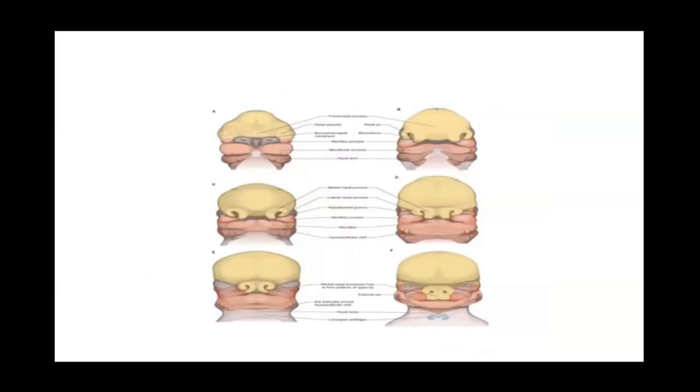Again, this picture shows you the different steps. These are the nasal process, that is the frontonasal, the maxillary and the mandibular. They are separate. In the center, you have the buccopharyngeal membrane, this purplish one. This is going to rupture and give rise to the stomodeum. Then in B, you can see that the buccopharyngeal membrane, the black one, has ruptured, and this has become the